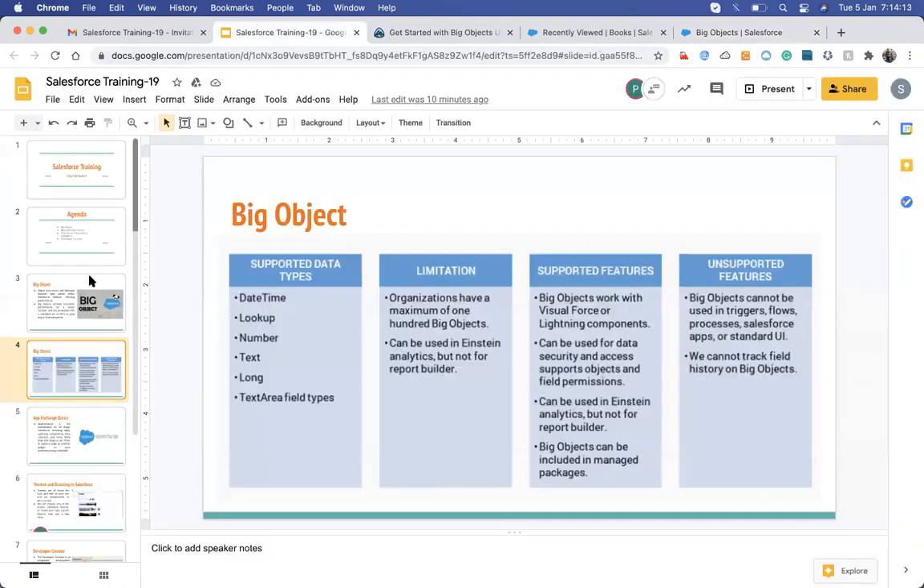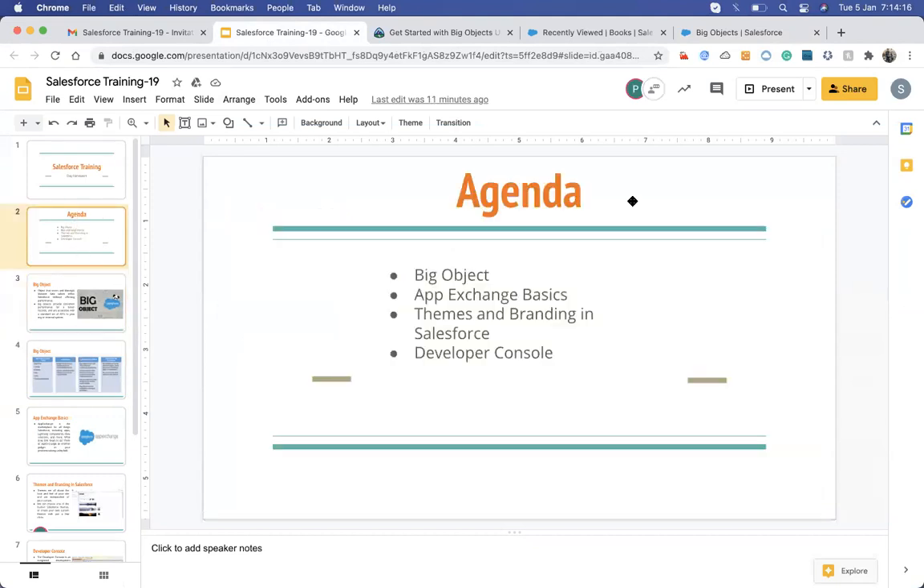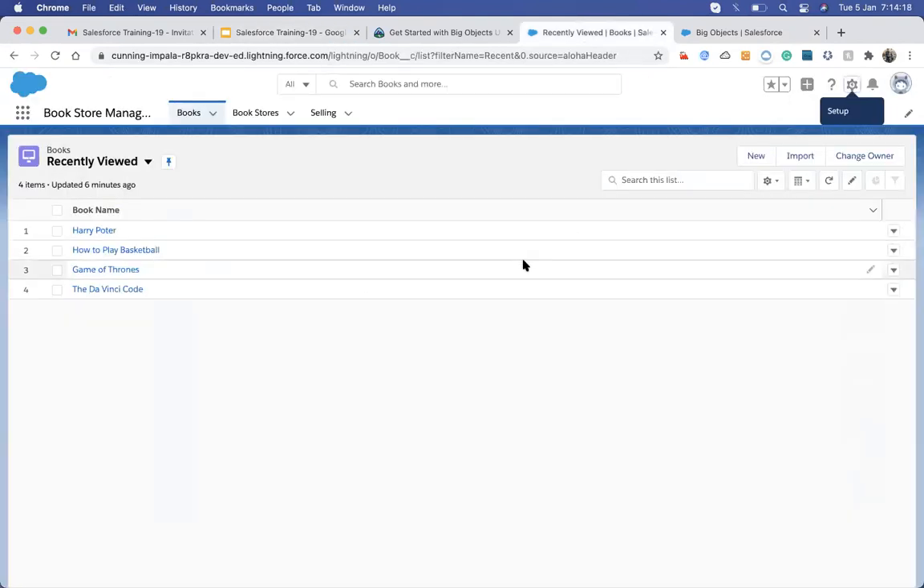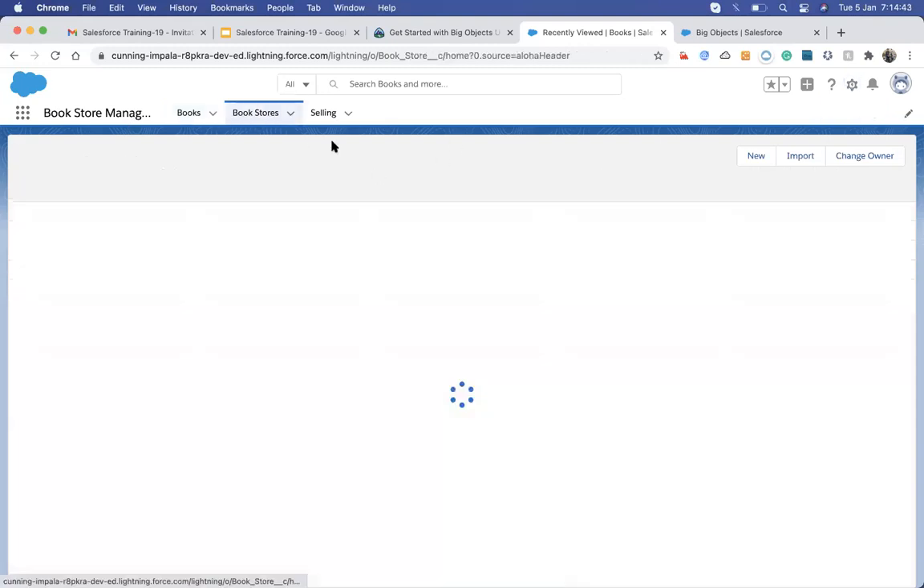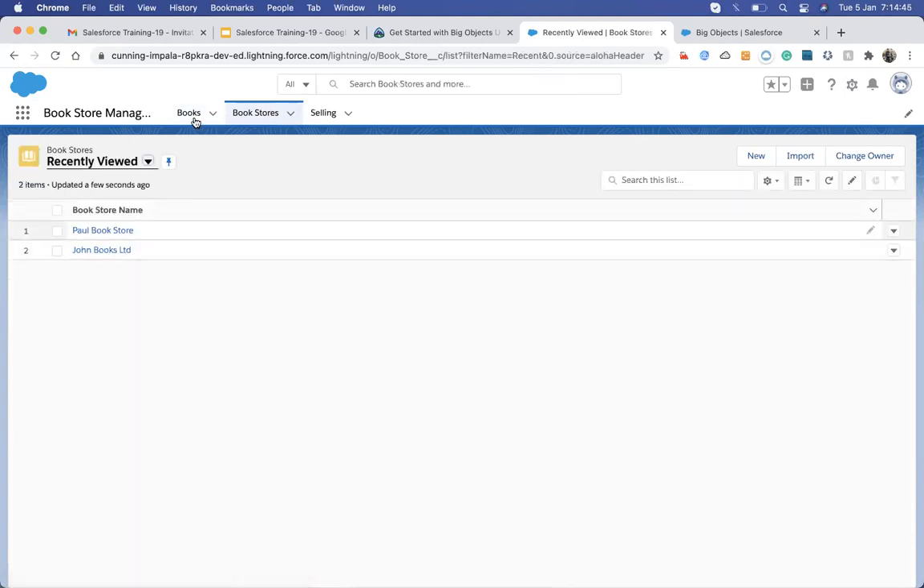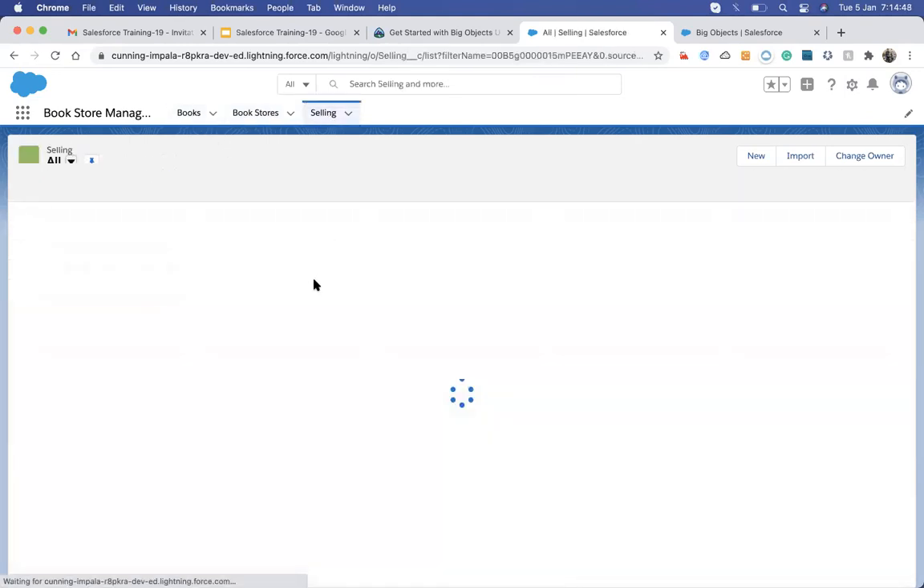Let's move to the next one: App Exchange. As an admin, we usually get a requirement to solve some issues, or to provide some custom solution to our company. Suppose we have a bookstore management system, and whenever a book gets sold, we need to send